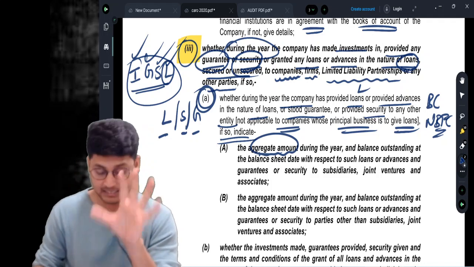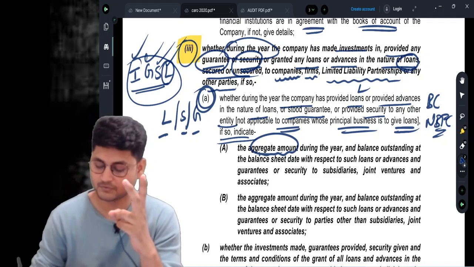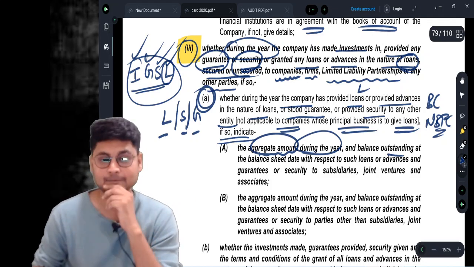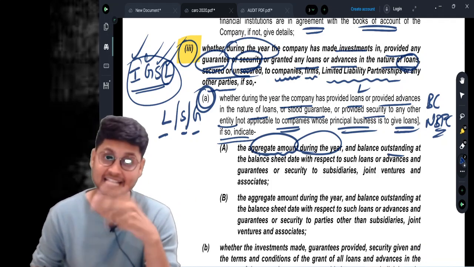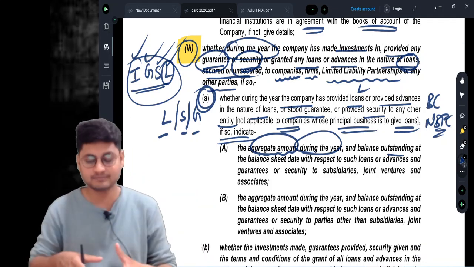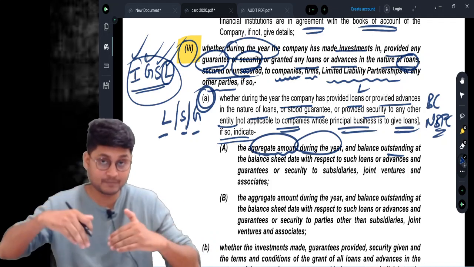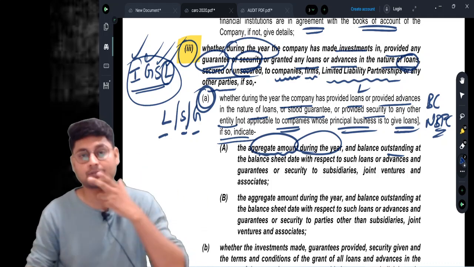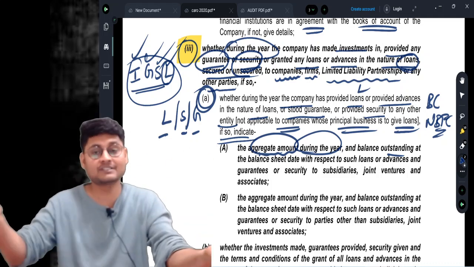Okay, and that amounts to 2 things. The aggregate amount during the year and the balance outstanding at the balance sheet date. 2 amounts you need to write. Aggregate amount during the year, how much you have taken, how much the company has given, and along with that the closing balance also you need to write,